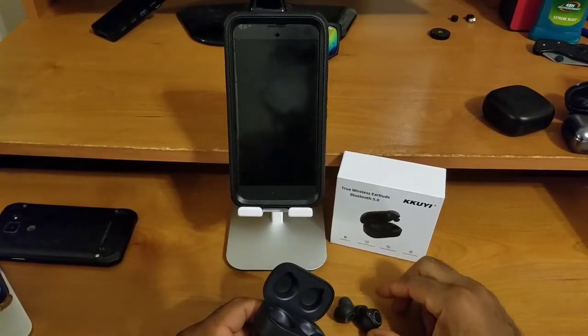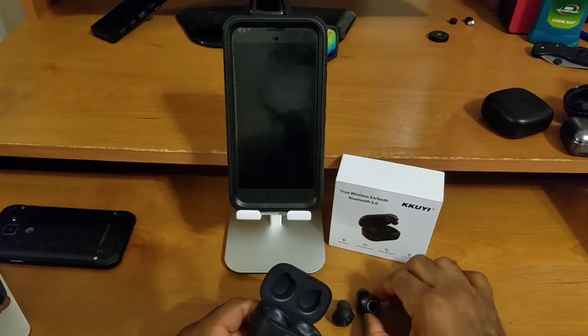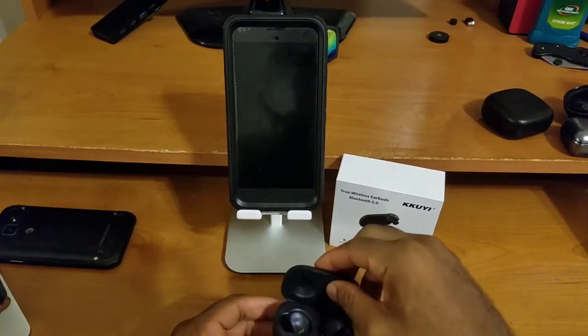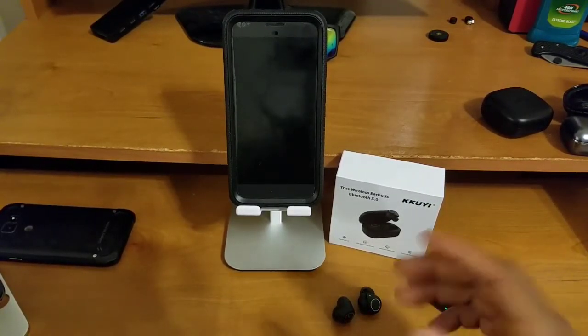It's going to flash green one time, and then it's going to connect up to the first one you took out. Now it's paired up to the right earbud, right? Now it's ready to go. Now it's in stereo mode. Now you can take the case out of there, close that up. All right. Now,